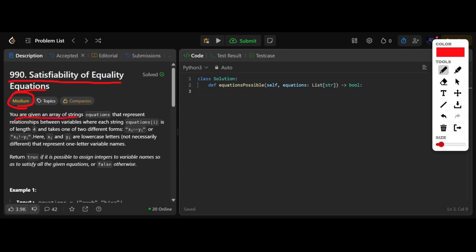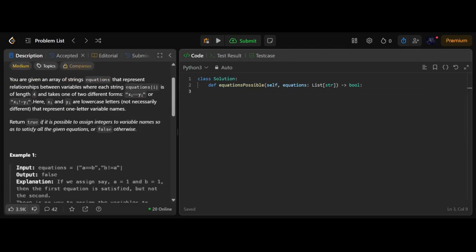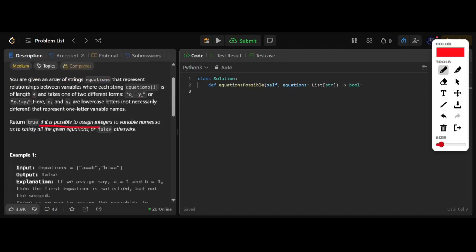So we're told that we're given an array of strings called equations, which each represents a relationship between variables, where each string is a string of length 4 and it takes two forms. One is x equals y, and the other one is x does not equal y, and x and y are lowercase letters that represent one letter variable names. So these are going to be our vertices x and y. And we return true if it's possible to assign integers to variable names so as to satisfy all the given